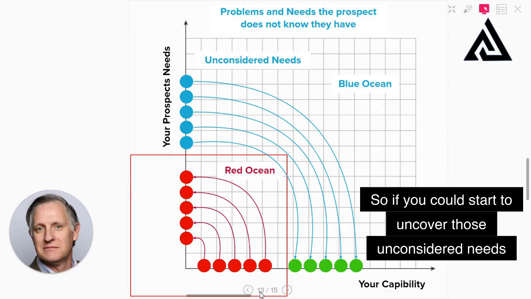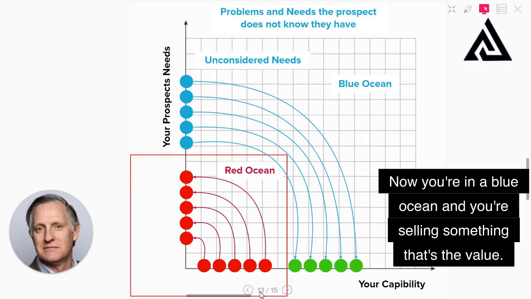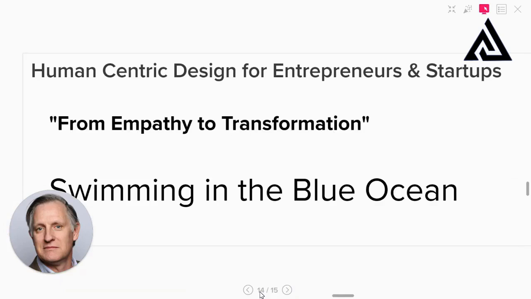So if you can start to uncover those unconsidered needs and you can map your product or service to them, now you're in a blue ocean and you're selling something that's of value. So that's in a nutshell. Always try to swim in the blue ocean,